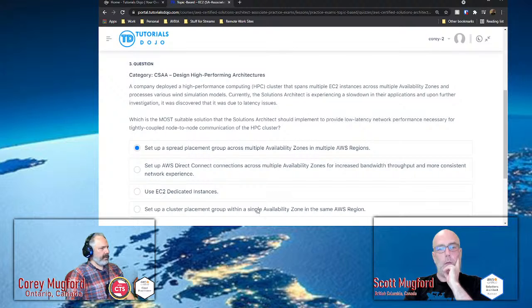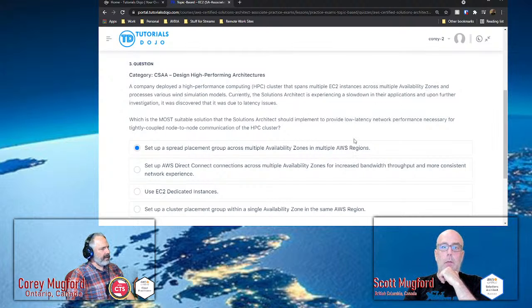And if it's multiple availability zones, you wouldn't put a placement group within a single availability zone in the same region, or would you? No, I don't think so. So you'd spread a placement group across multiple availability zones in multiple AWS regions. Yeah, I think that's right, but I have no idea why.